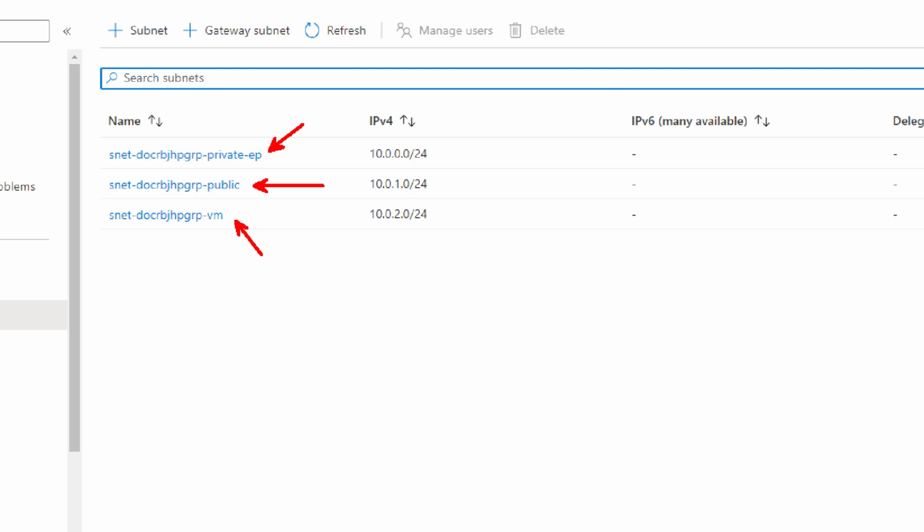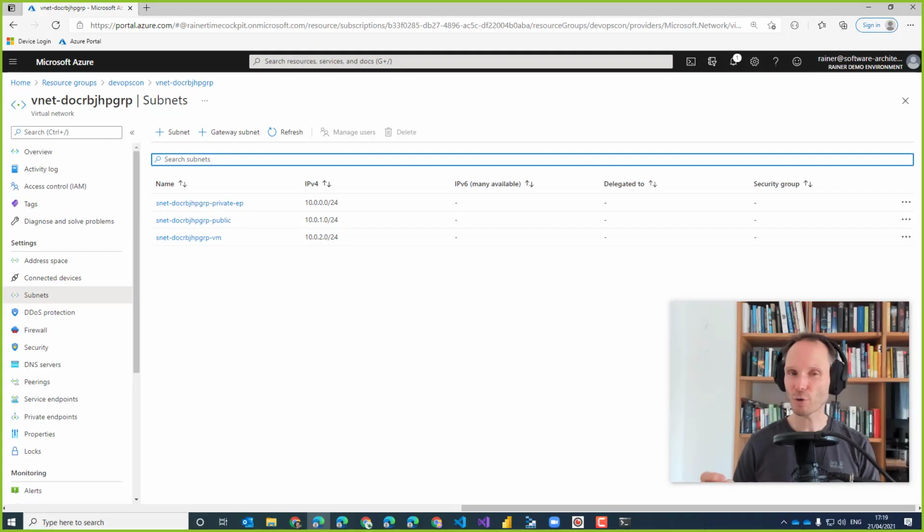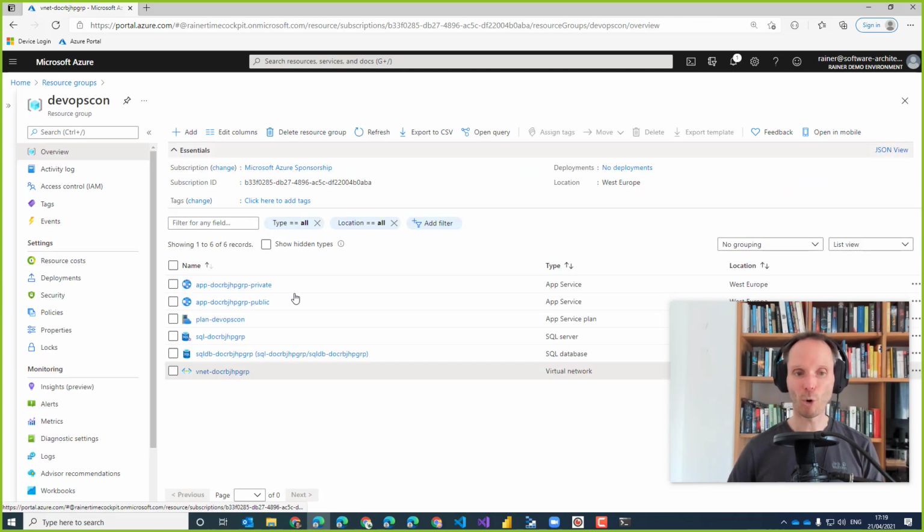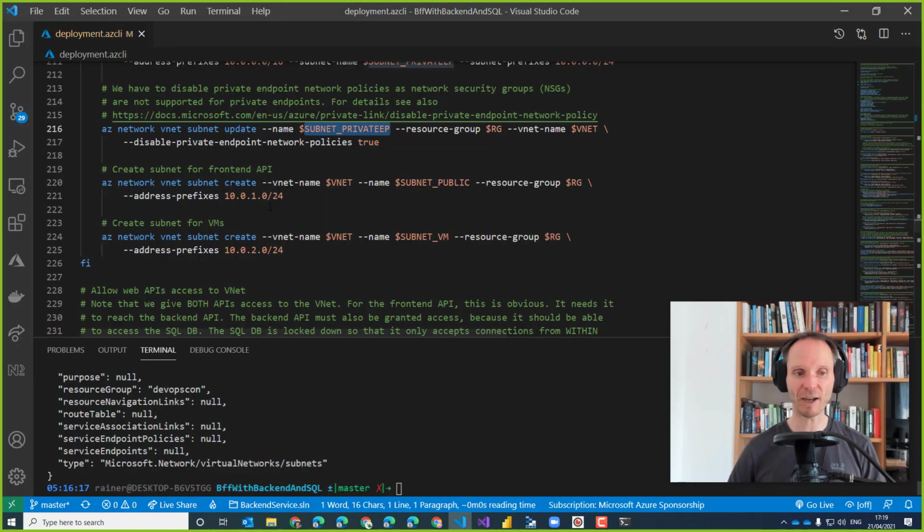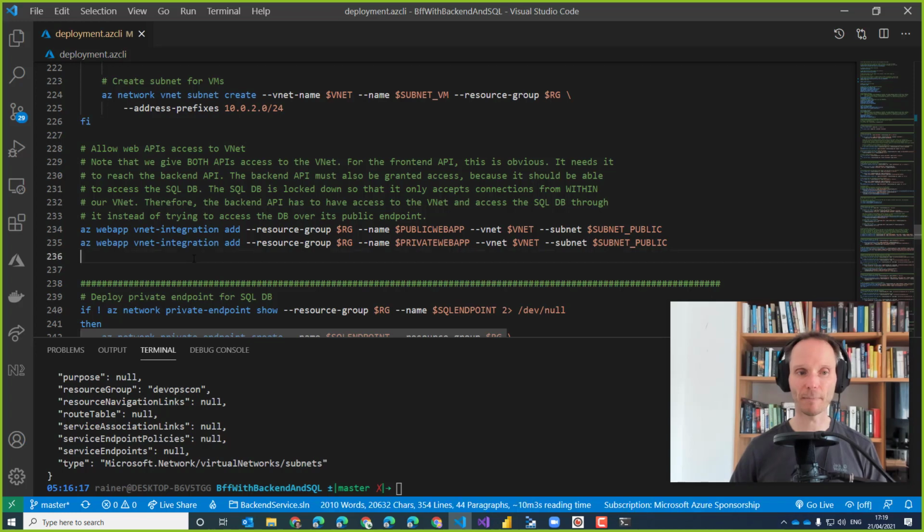Typically, you should avoid virtual machines in Azure because it's like having some Tamagotchis in the cloud that you have to feed and pet and things like that. Avoid virtual machines. Try to go platform as a service and serverless. But for one of the demos, I want to have a virtual machine to show you a little bit what's going on inside of our network and network routing, and therefore this is just for demo purposes. So worked well. We now have a VNet in Azure.